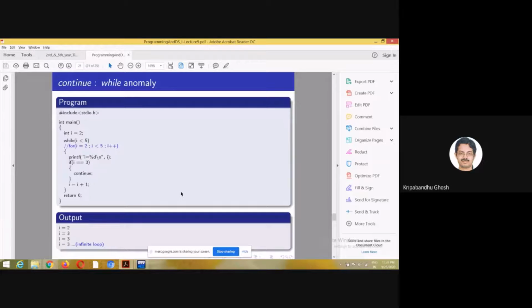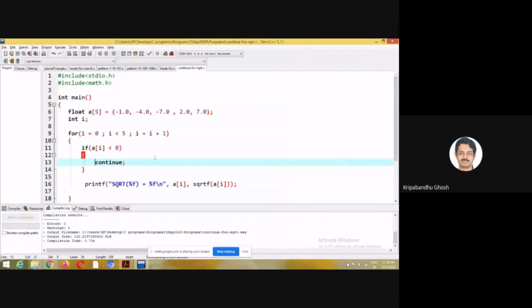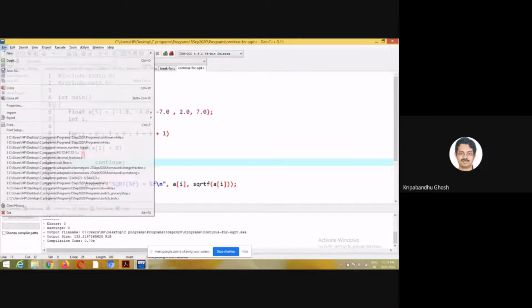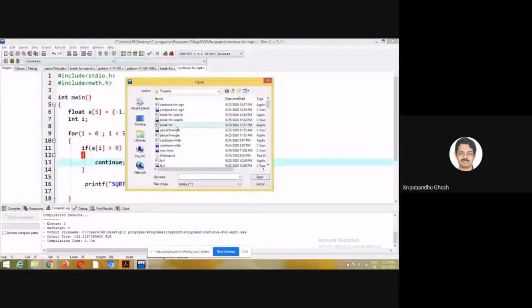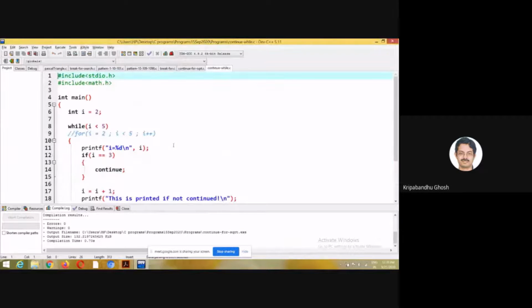Okay, yes. So there is a problem with the while loop when it comes to using continue. What is that problem? Let's look at an example. Suppose I do this.